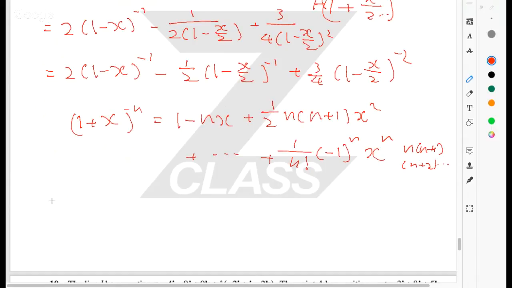And in the end, you'll find this expression evaluates to 9 over 4 minus 2x plus,